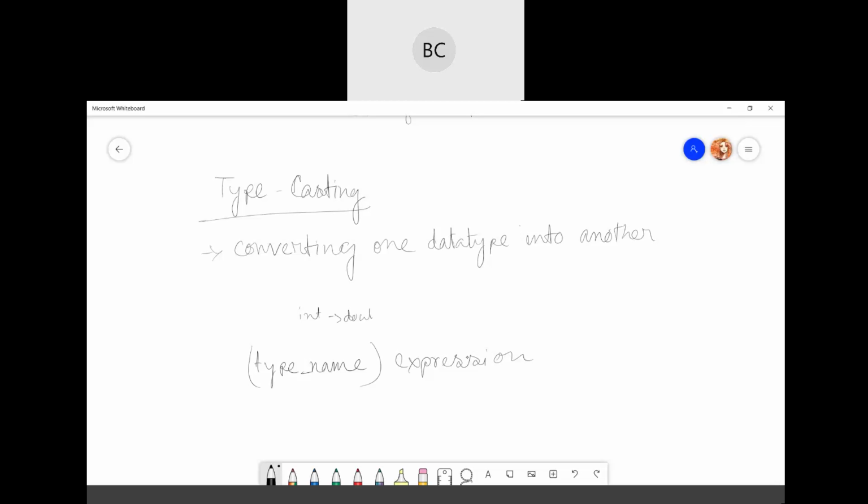Long is higher than int, so if you want to put a higher data type into a lower type, you mainly use typecasting.